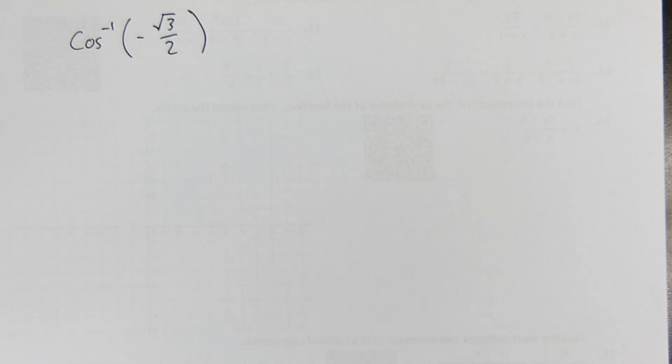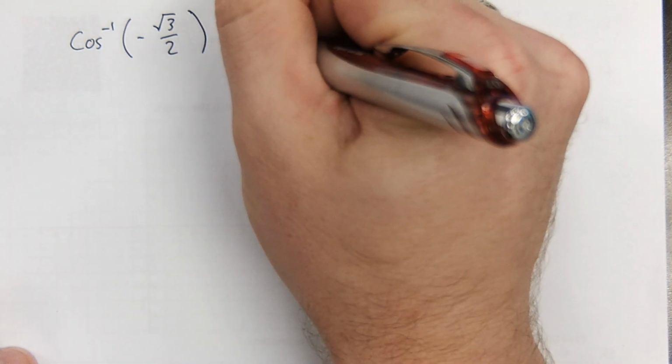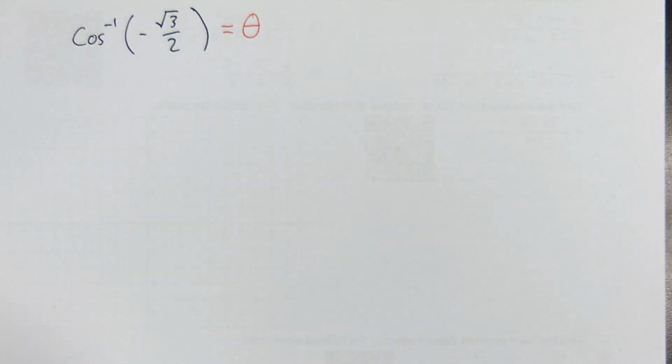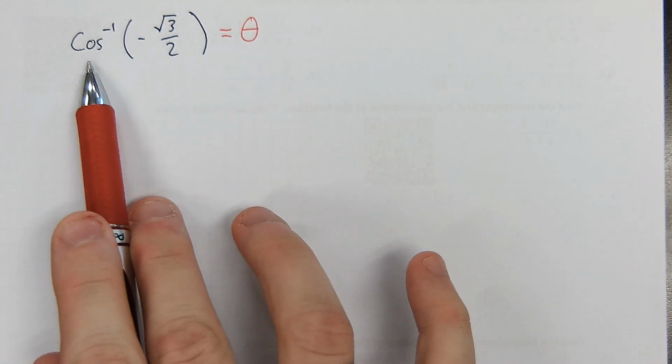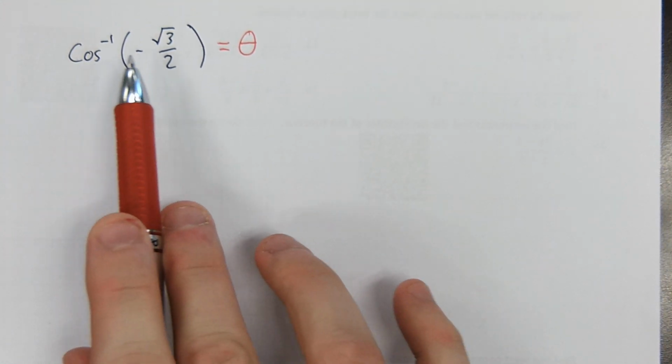I don't think I can say it enough times. The result of trig inverse is always an angle. So cosine inverse of -√3/2, you think of that as saying equals theta. That means there is an angle for which cosine is equal to